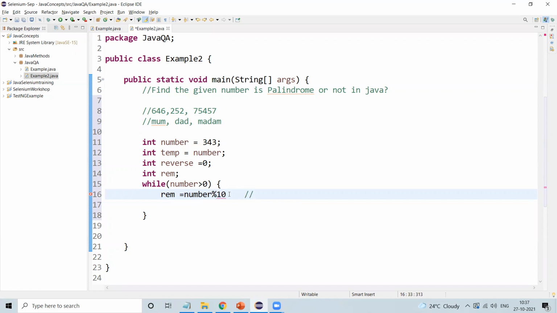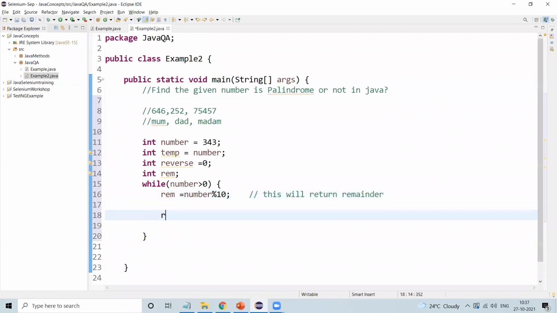So what happens now? This will return the remainder. 343 mod 10 will return 3, and it is stored in this variable.